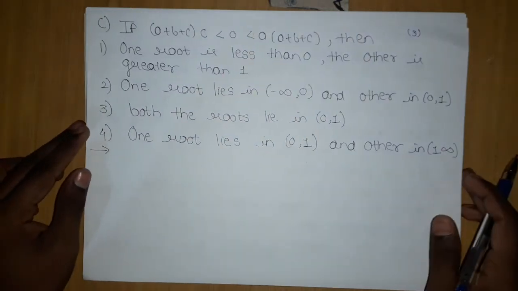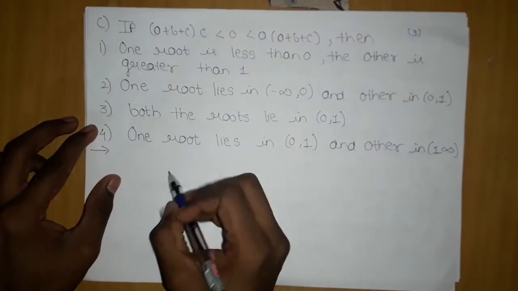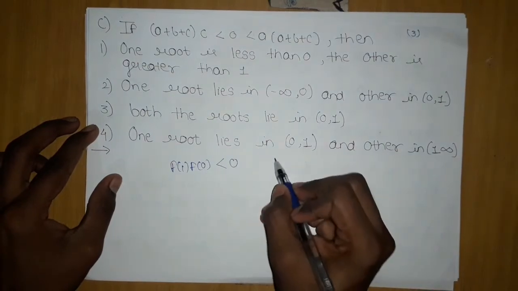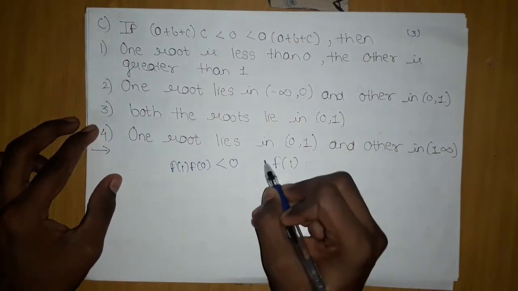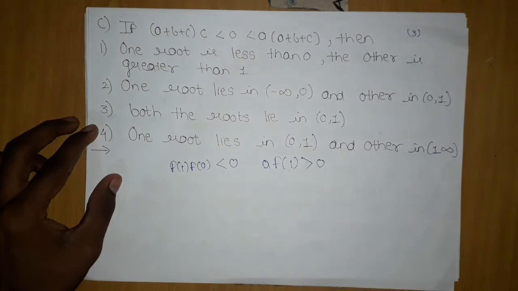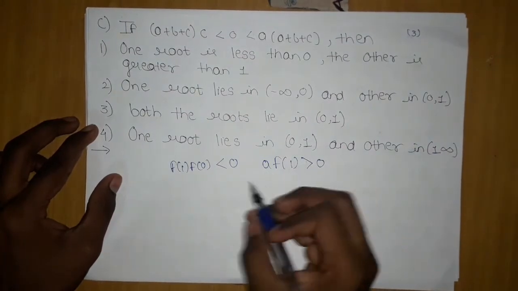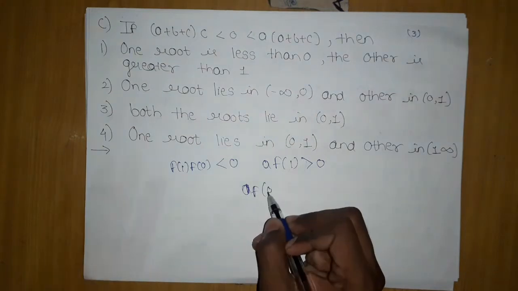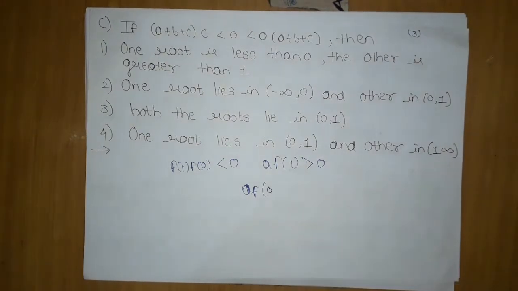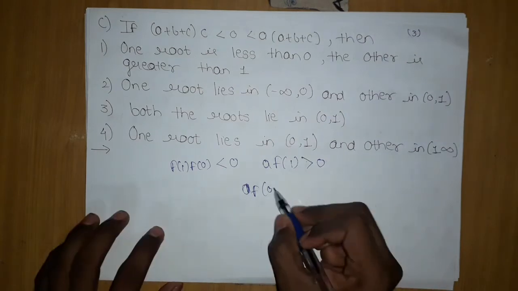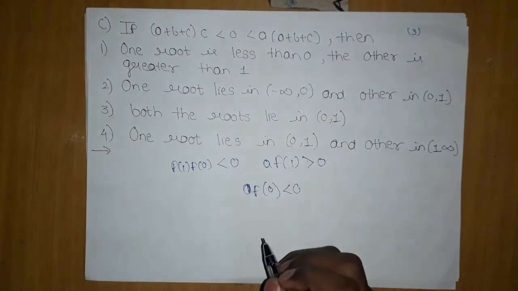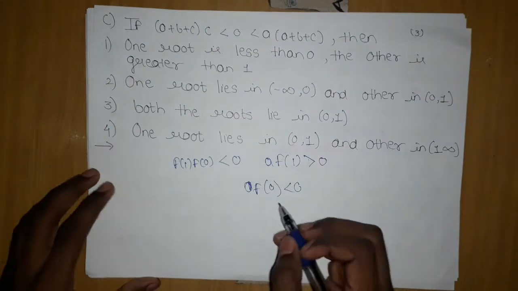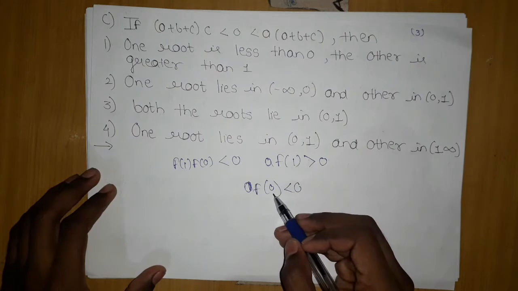Now let's proceed. What we can do, this is what? F of 1 into f of 0 is less than 0. Further on, f of 1 into a, it is what they have given, is greater than 0. Now what do you see? We can tell here from the comprehension that a into f of 0 is less than 0. So it is greater than 0 and it is less than 0.